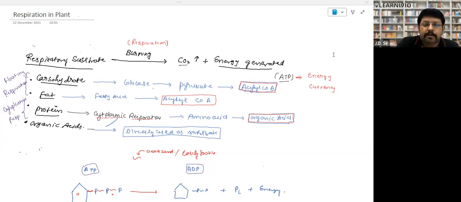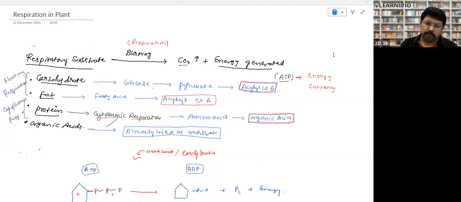Look, respiration is the process in which burning or oxidation of any substrate or substance takes place. So some of the substance they burn inside mitochondria. Mitochondria is a generator, right? It works like generator. So how does generator work at your home? You fill a tank with some fuel, right? That fuel starts burning, and due to burning of that fuel, what happened? Heat is generated, energy is generated, electricity is generated, right? Different vibration energy, different kind of energy is generated. So from where these energies are coming? These all energy are coming due to burning of the fuel, right?